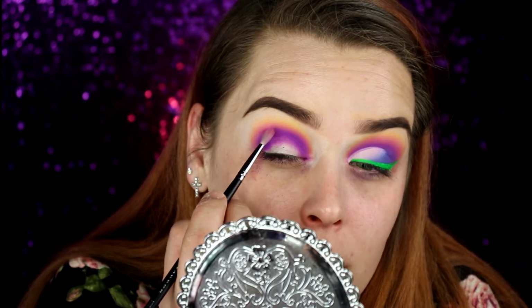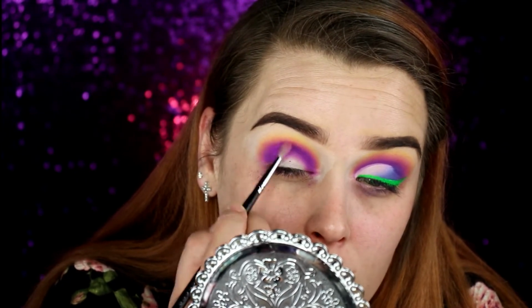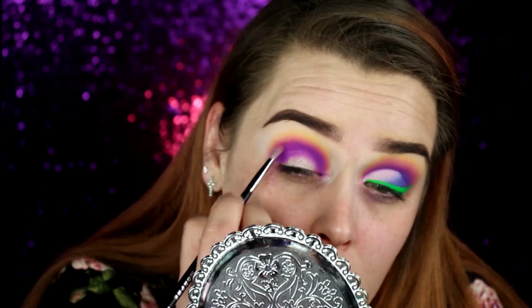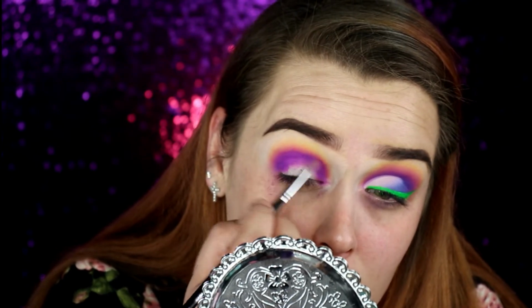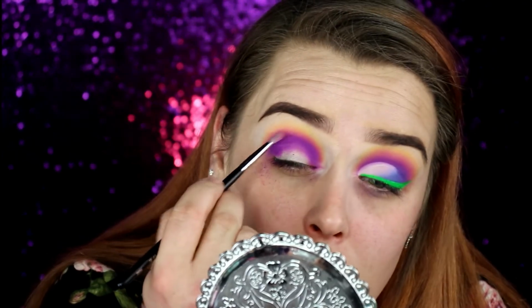Okay, back to the M560 brush and back into Becky, and right on the edge of that orange and purple we're going to blend Becky right there. You just pretty much want to work on the colors and keep blending until you're happy with the way it looks. Like I said, sometimes I can sit here for literally an hour blending out like 2 shades because I'm not happy with the way it looks, but